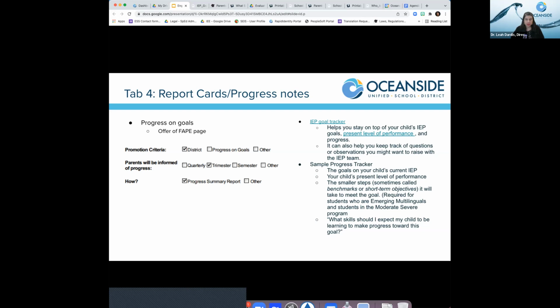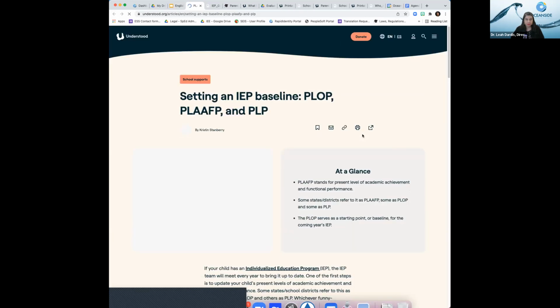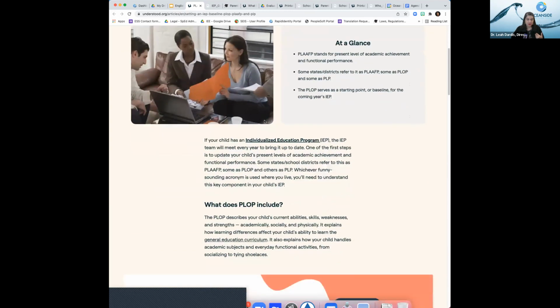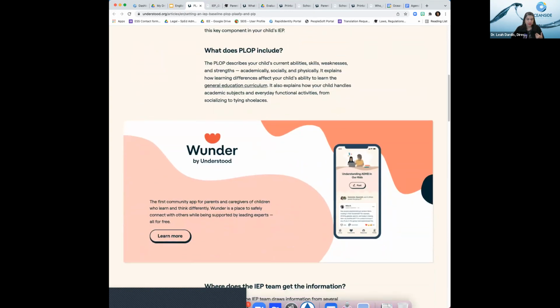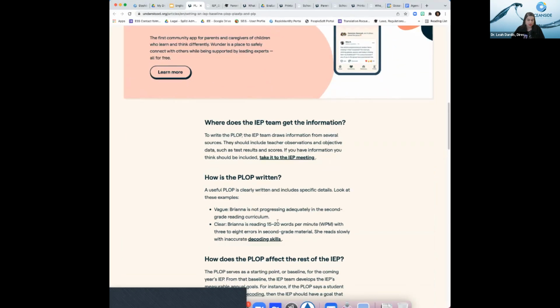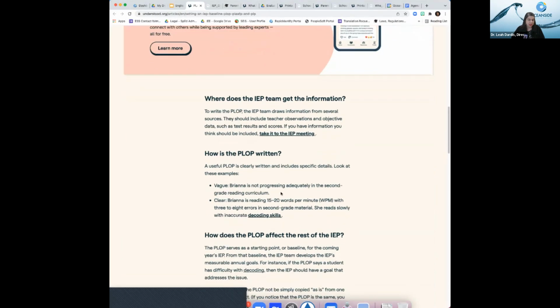We talked about the present level of performance. So we call it the PLOP, the PLEP, or the PLP. All of those just mean, what is your child doing right now? And then where do we want them to be? And so, you know, that's really going to give you a good understanding of what the present levels of performance are. And if you want to see how it can be written in a clearer way versus the less clear way,